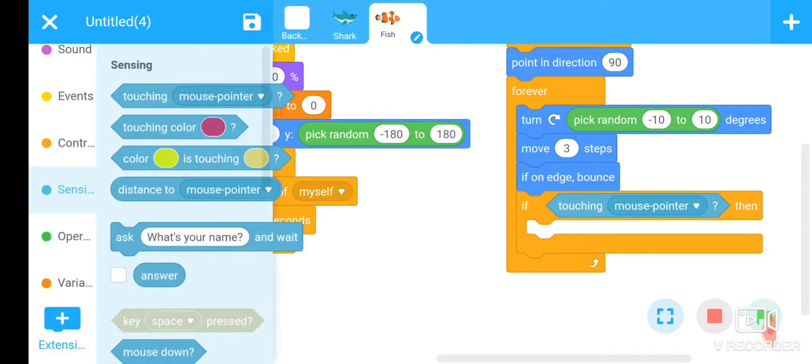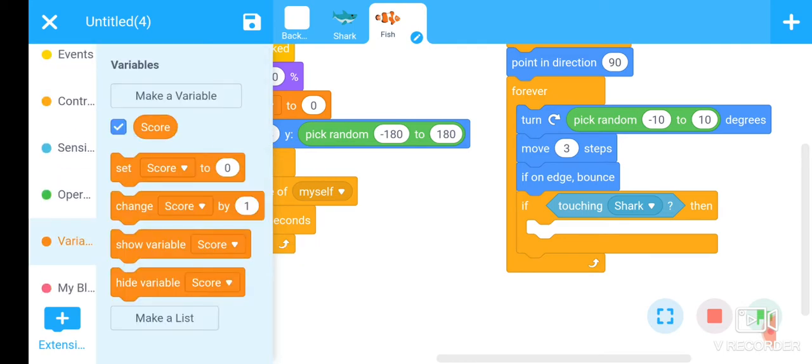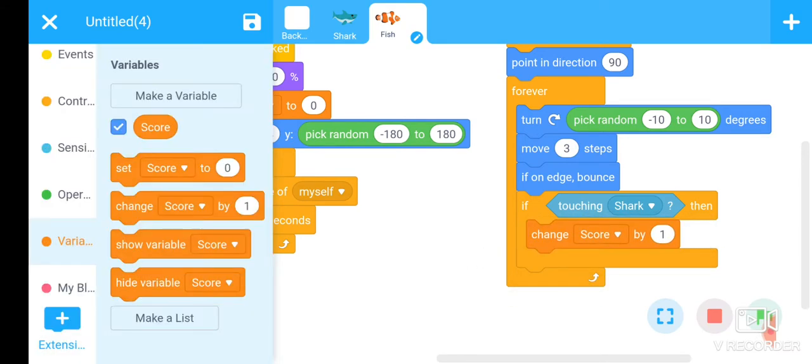If shark touch the fish, our score should be increased. Put this condition here. Go to variable section and change the score value by 1, and this fish should be hidden at that time.